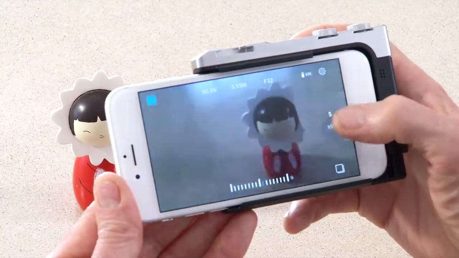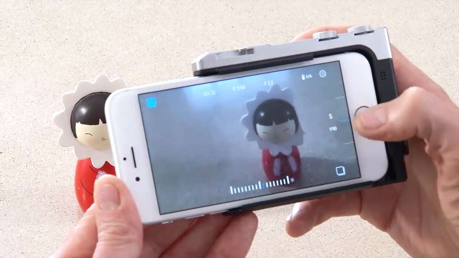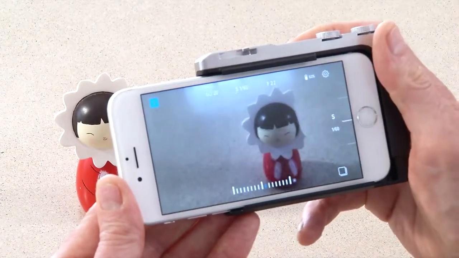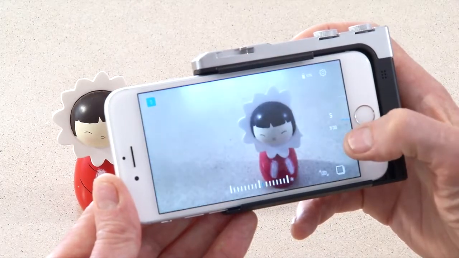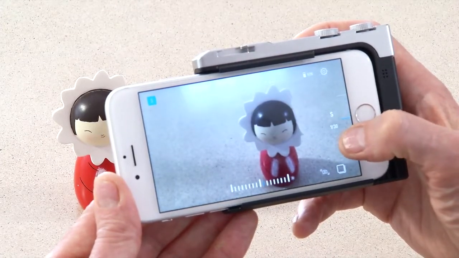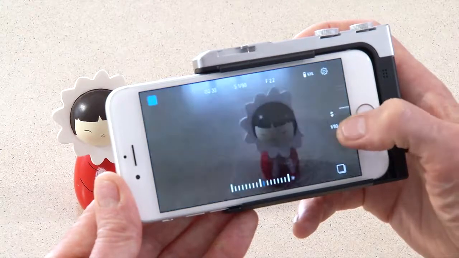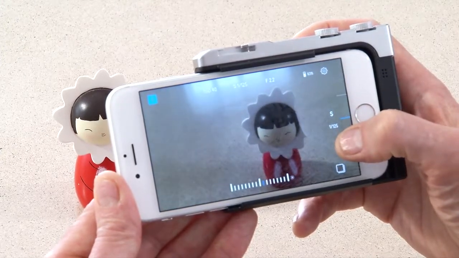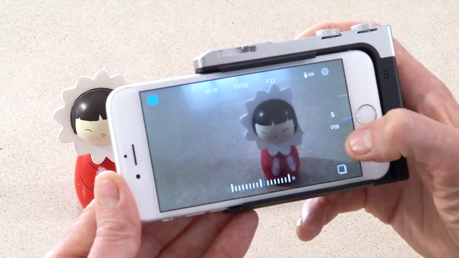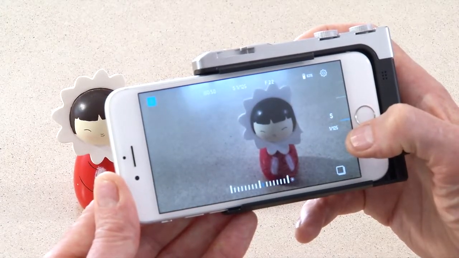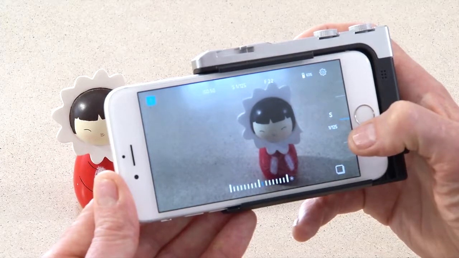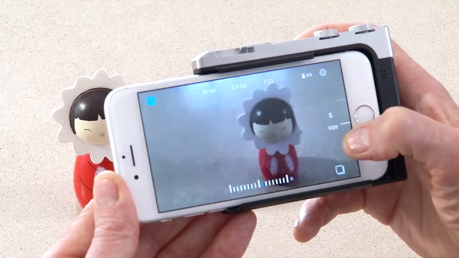Typically, if you're hand holding a picture, then below a 60th you're starting to get a little bit of camera shake, and certainly at a 30th, unless you've got a very steady hand, you're going to have some pretty big problems. So generally speaking, you want it around the sort of 125. But if it's children running around the garden, then you definitely want to have it even higher than that, 250